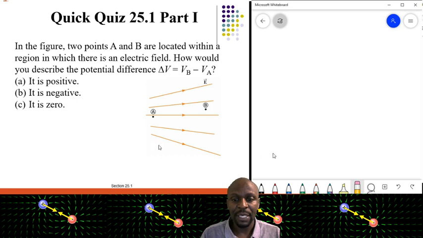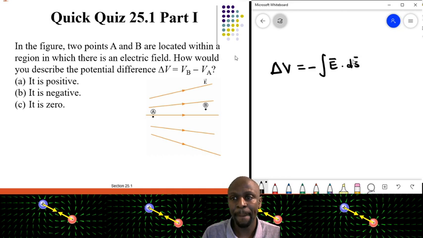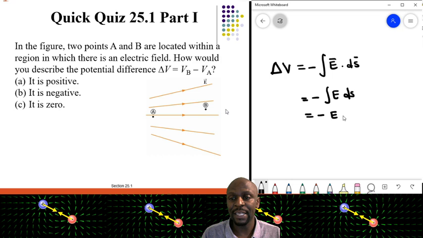Now from the previous equations that we have derived, the change in V is equal to minus the integral of E dot ds. In this case, this is a dot product between 2 vectors, and the electric field is always pointing in the same direction as the displacement. The dot product between 2 vectors will always give me a scalar quantity, then I can write it in terms of this ds. Because the electric field is constant, I will just have E outside the integral, but the integral of ds is nothing else but the distance that the charge will move. If I call that distance d, then this is what you are going to have. Do you see the answer will always be negative? That is the correct answer for this quick quiz, which is going to be